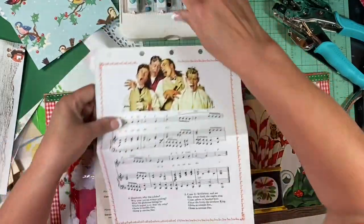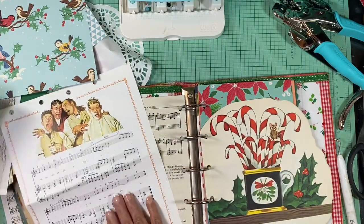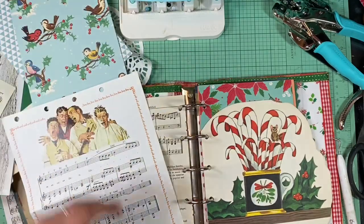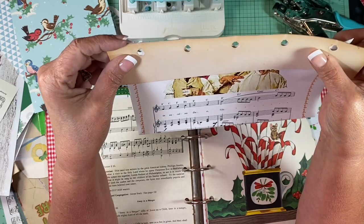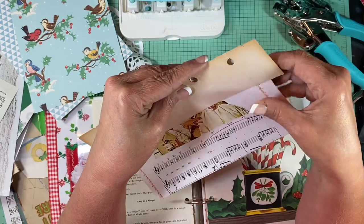I don't know why that last one's not going in there good. Oh, my divider. I'm making a huge mess over here, guys. So I already have my 4 holes. So I line up my 4 holes that I've already done. Okay. That's all you're doing. Get them all lined up